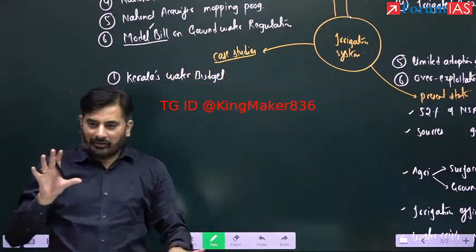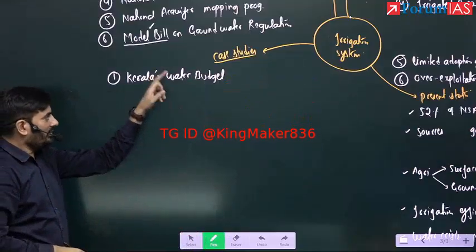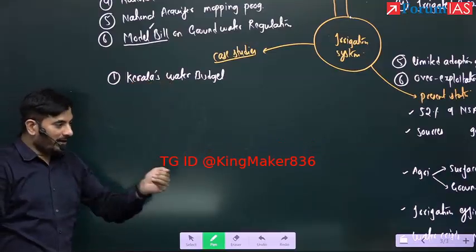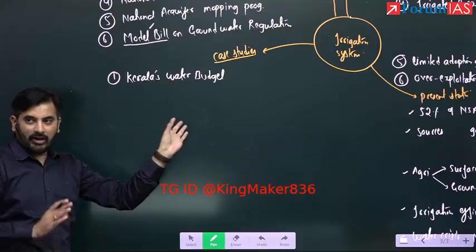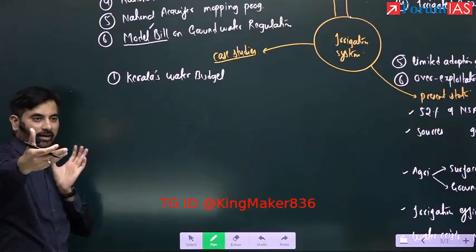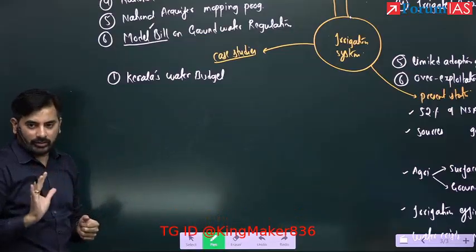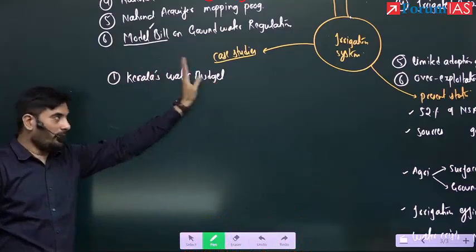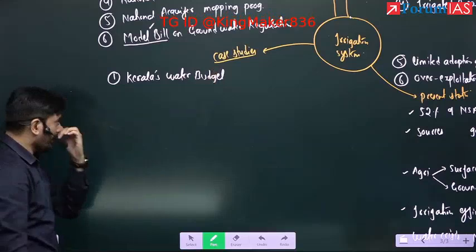If you are doing that with money for the central budget, the Kerala government is doing the same thing with respect to water. So at the start of every year, the Kerala government estimates how much water is available in Kerala and how much water we are using in Kerala, thus ensuring that we are not overusing the water. So that is how it has started with the water budget. It's a very powerful case study that you can write in your exam. Okay?